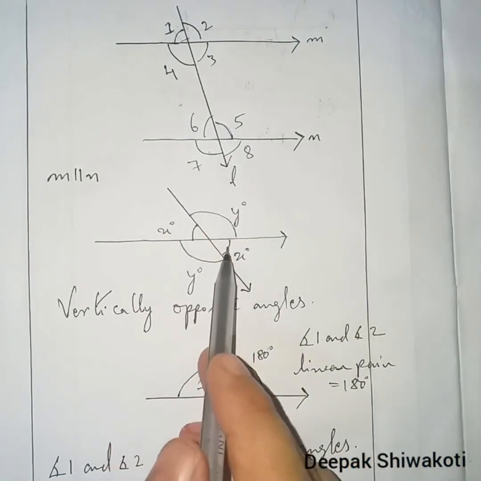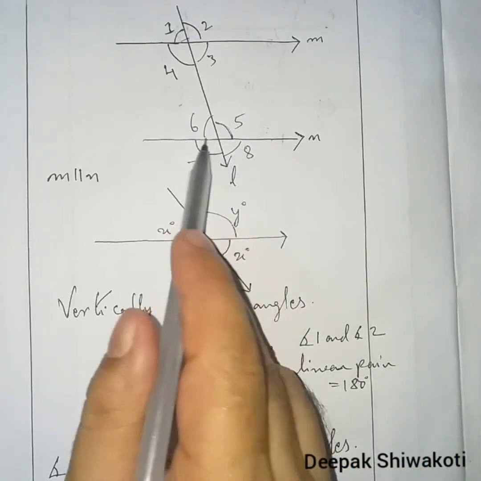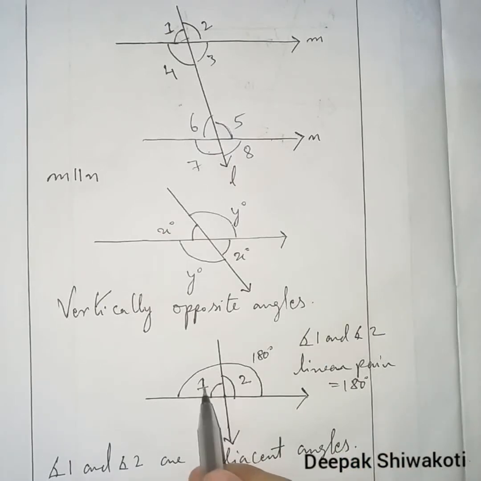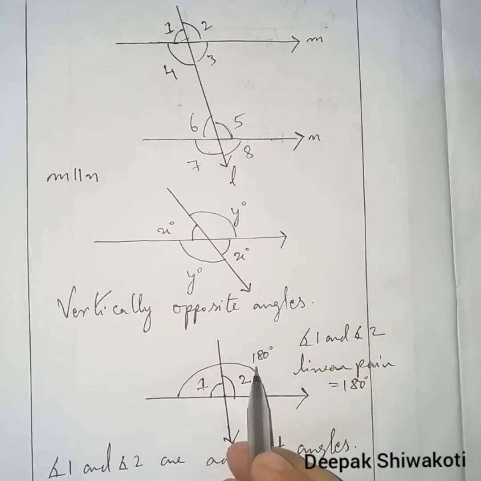All right, and they are equal. Vertically opposite angles are equal. Linear pair is 180 degrees. When we talk about linear pair, the sum of this and this will give us 180 degrees. Now let us go for